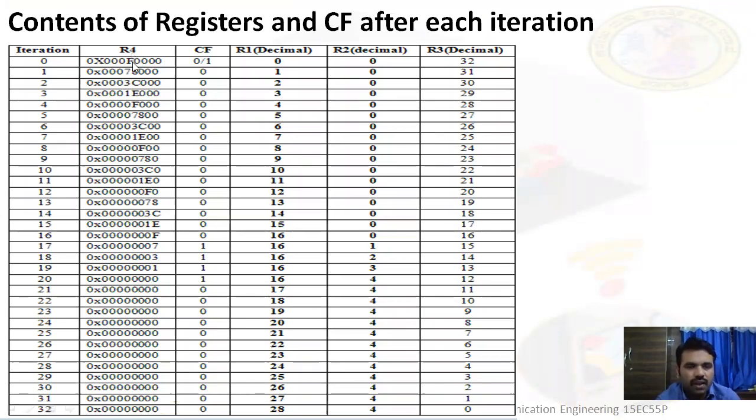R4 holds the value to be tested, and after each iteration it represents the shifted value of R4, and R1 will be the zeros counter, which is 28 for the given input number. R2 will be the ones counter for the given input number. See, R3 is used as a loop counter. In each iteration its count will be decremented. When it goes to 0, the iteration ends.